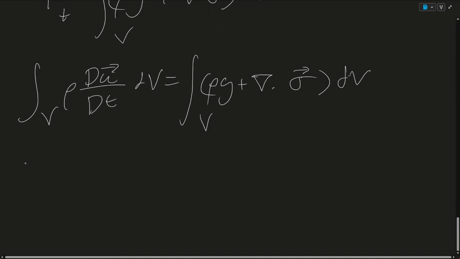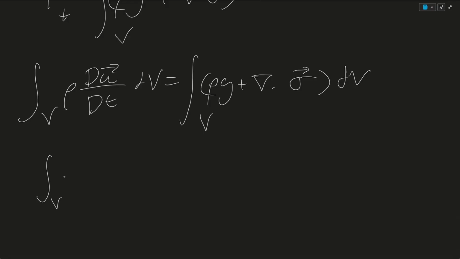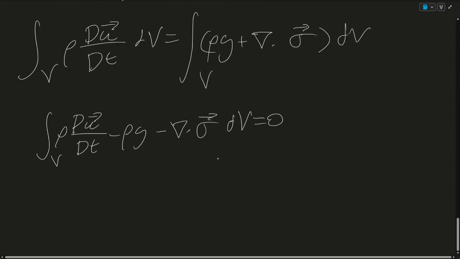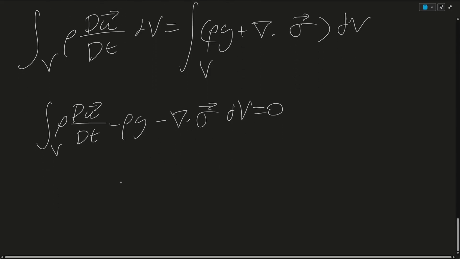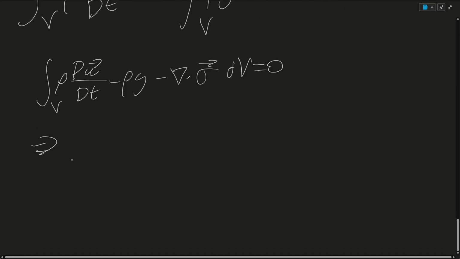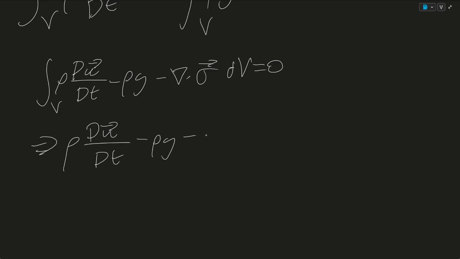Subtract them onto one side. Integral over V of, and we can pull out the rhos, but I'm not going to, rho du/dt minus rho g minus that, dV, is equal to 0. And the only way for that to be true is for the integrand to be zero. Thus, that implies that rho du/dt minus rho g minus